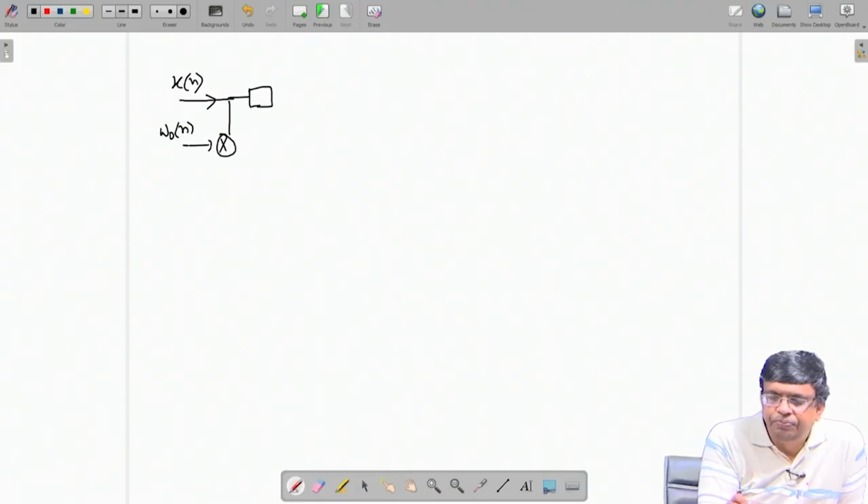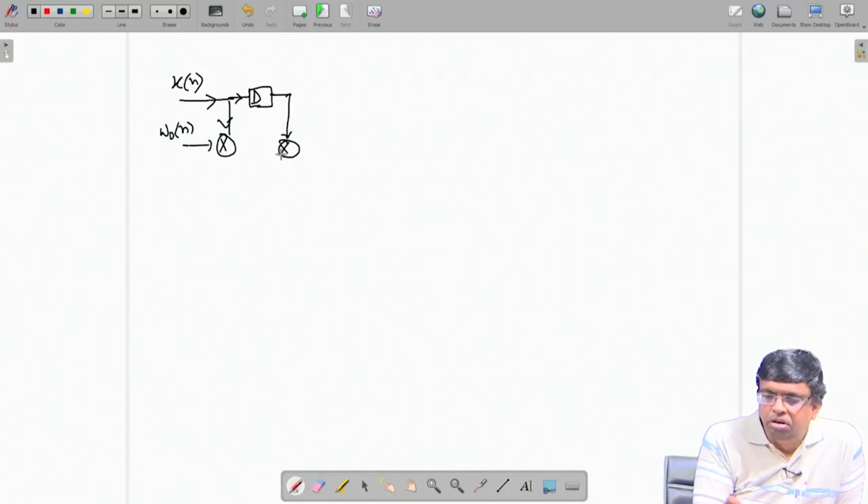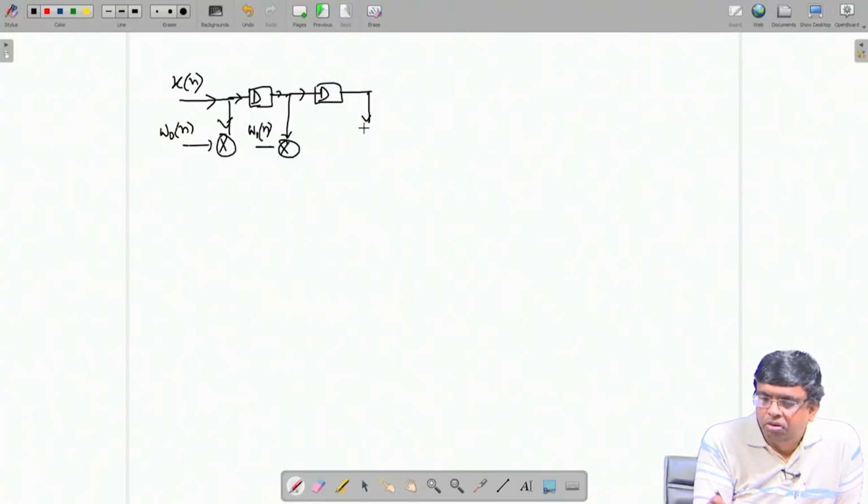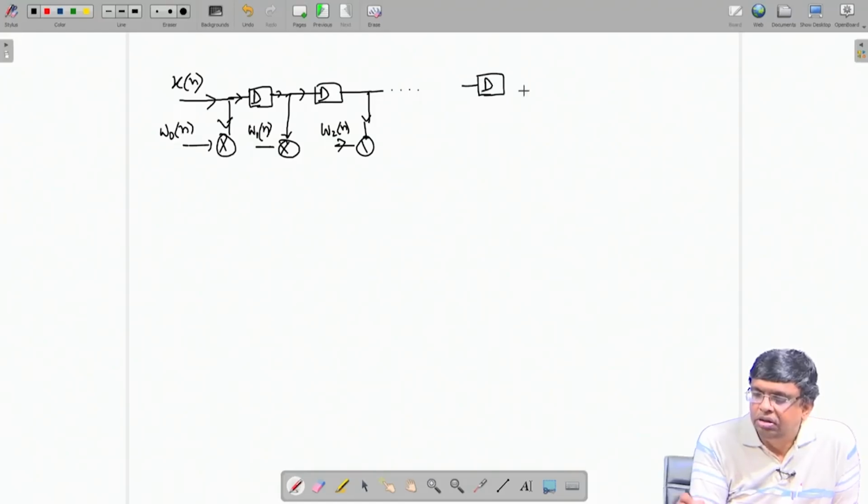Then there is a delay, then it is multiplied by W 1 n, again a delay, multiplied by W 2 n, dot dot dot dot, last one more delay, and multiplied by the last coefficient, it is a function of n,